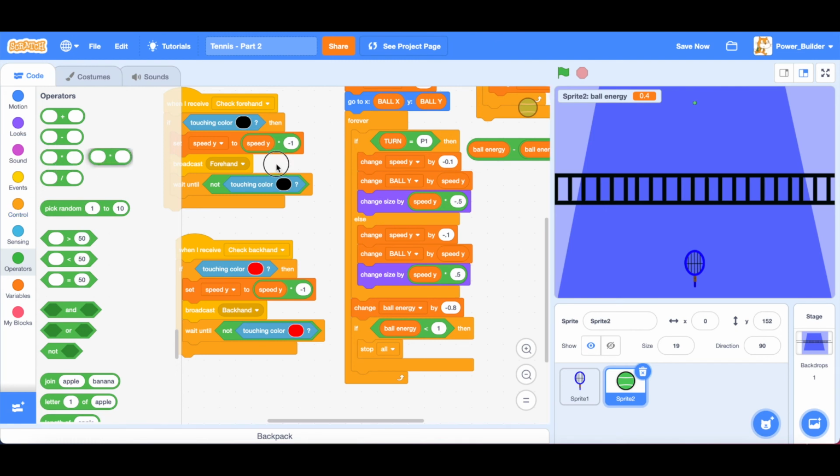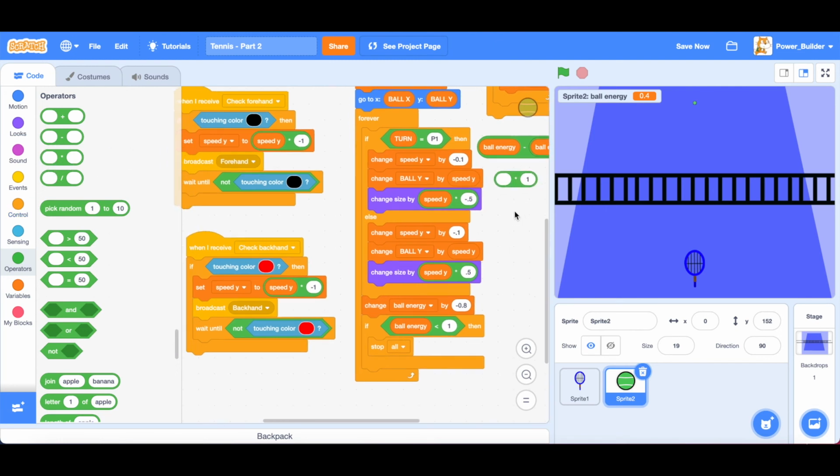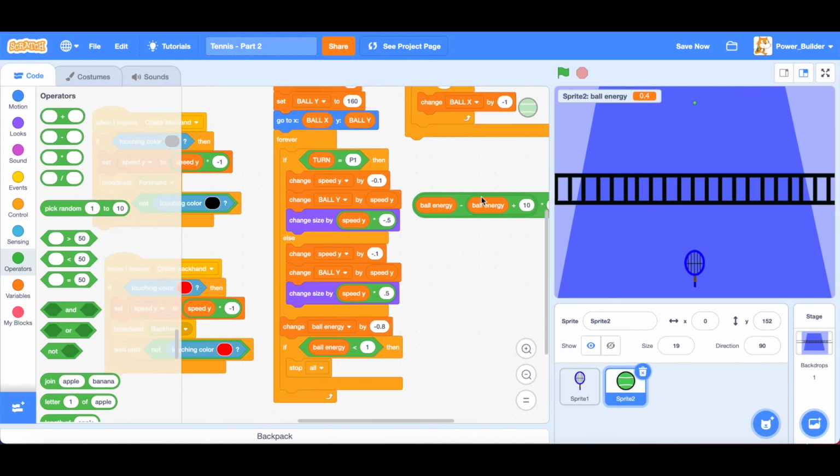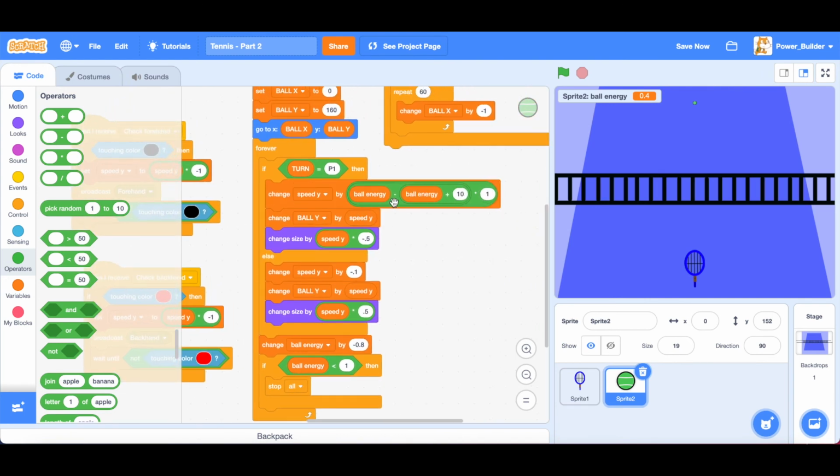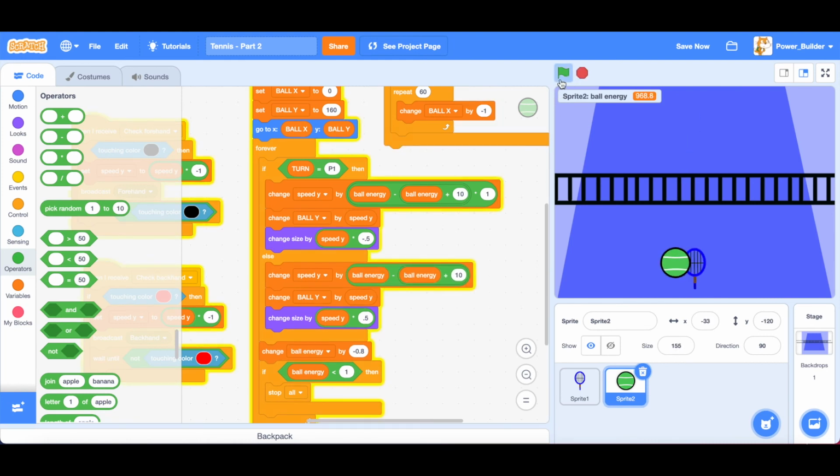And for this case, it's multiplied by negative 1. And then duplicate this. Now it's way too fast though. Oh yeah, this has to be negative 1. Okay. Plus 2 maybe?